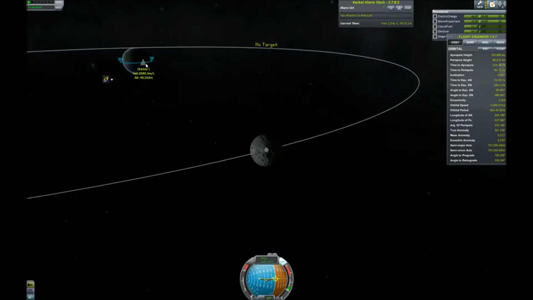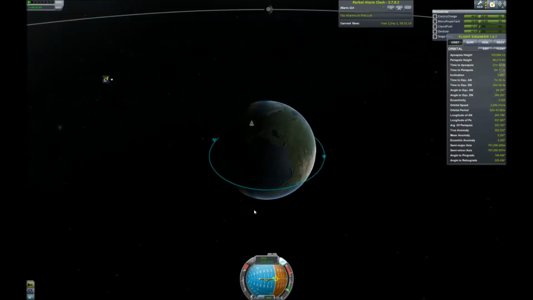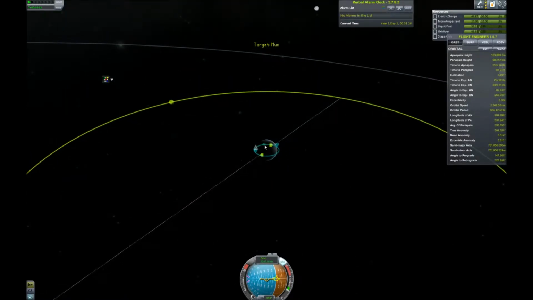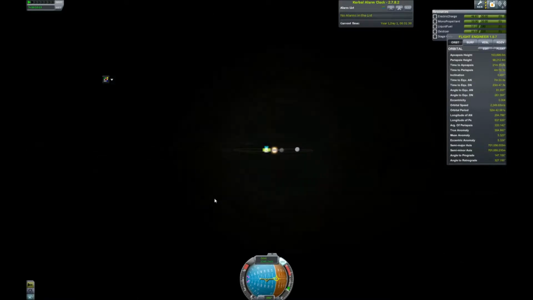I don't like that either. So what I did is, pretty much, I left-clicked the moon, and I set it as target. And now we get descending nodes and ascending nodes. You really don't have to worry about these too much until you have to start going to...